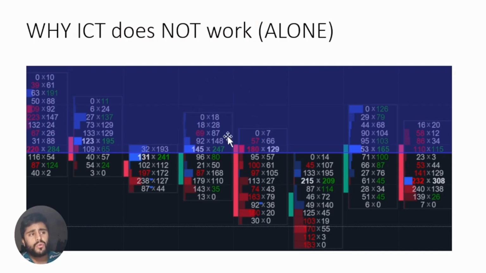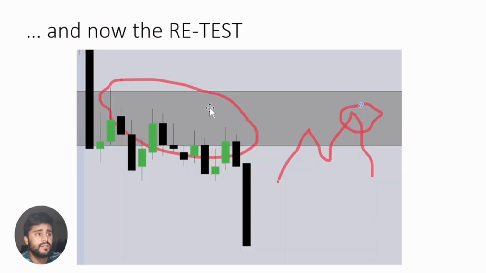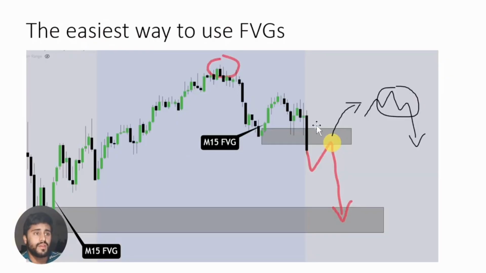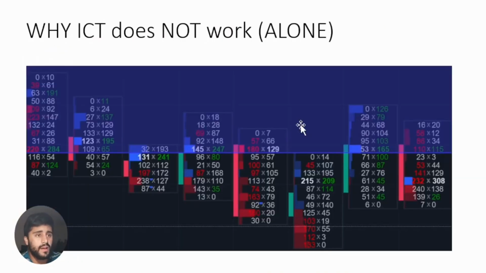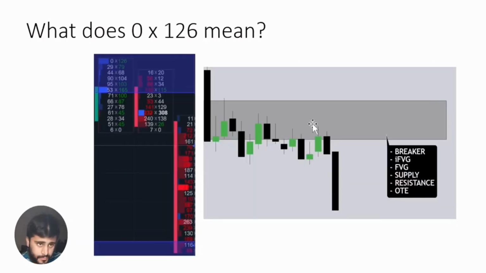So just from an order flow perspective, what's going on is we see these aggressive buyers failing to drive price higher, driving price above this key level, right? This gray box over here, which was actually this gray box over here. So 15-minute fair value gap. So inside of the 15-minute fair value gap, we see aggressive buyers failing. Now, what does this final